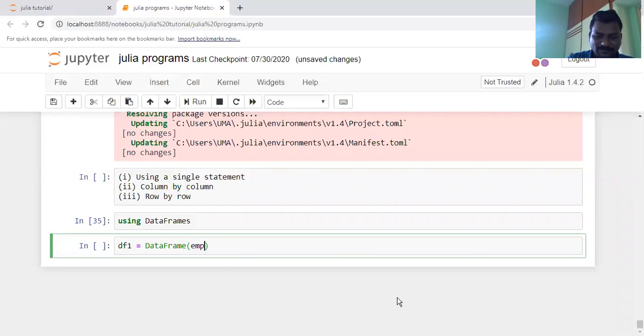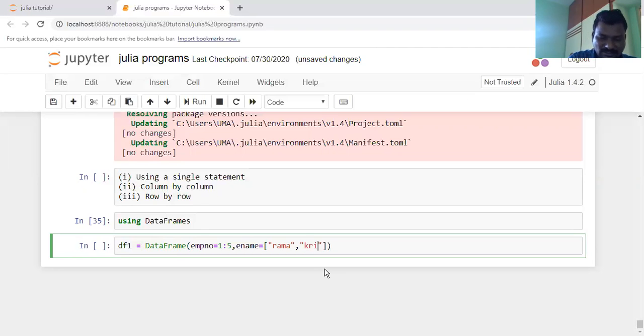For example, emp number is a collection of values from 1 to 5. I am taking another one, employee name. Employee name is a string type of attribute. How can you represent it? It starts from a square bracket. You need to give five different names, otherwise you say missing value.